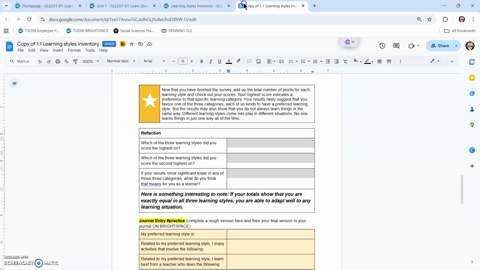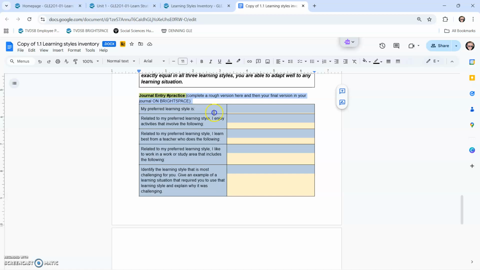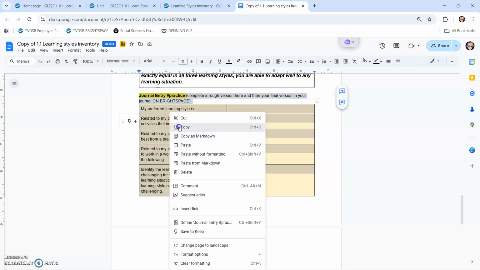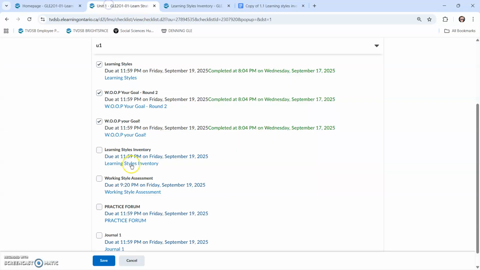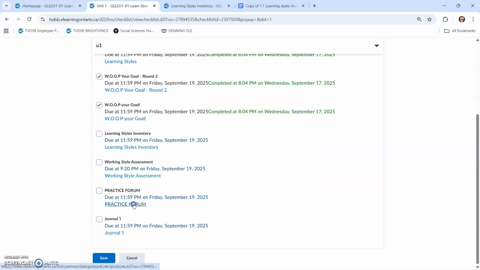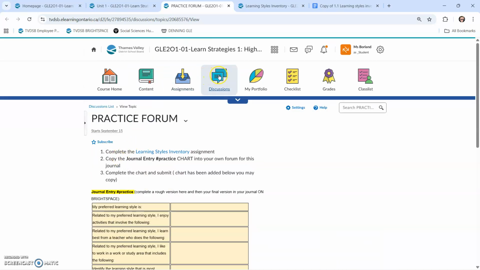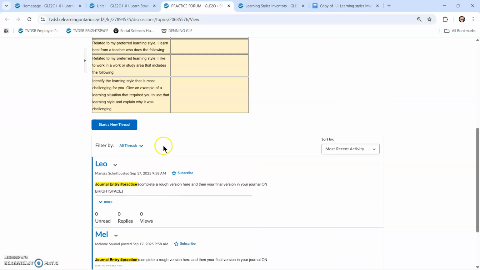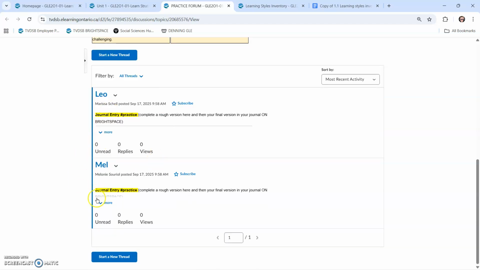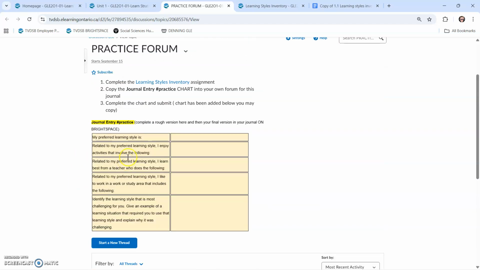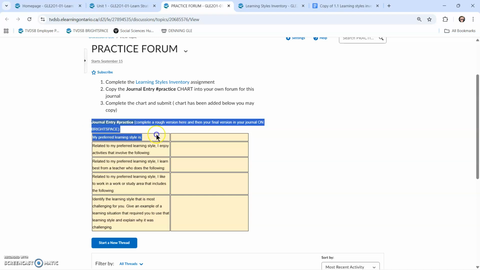However, once you are done that, there's this piece here that says Journal Entry Practice. You're going to highlight it and copy. This is where our practice forum comes into place. So this is under our discussions post, but you're going to go down here. As we can see, Leo and Mel have already started. You're going to copy